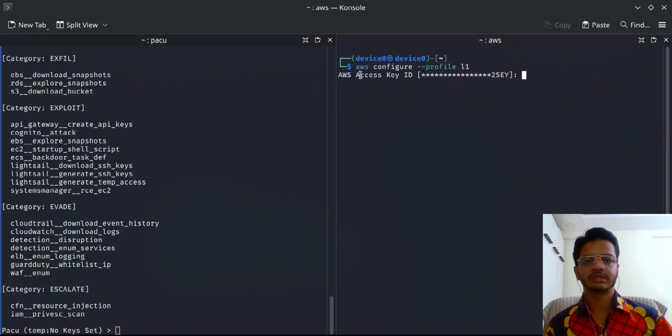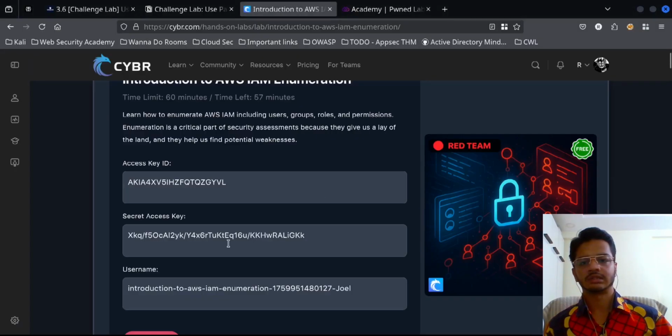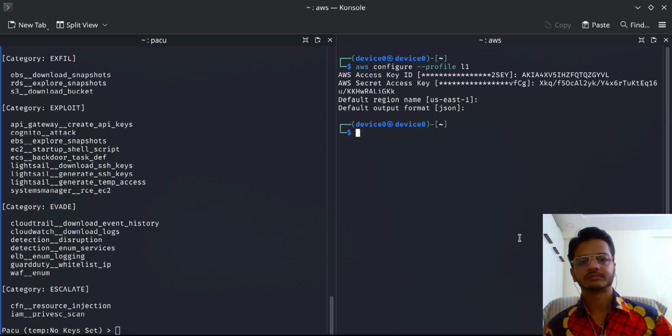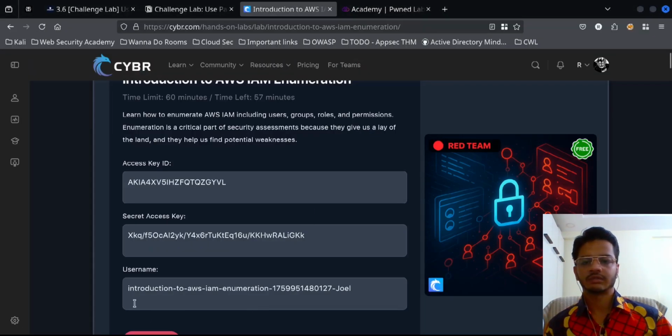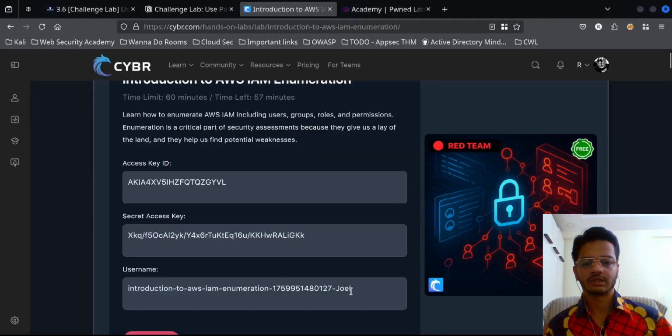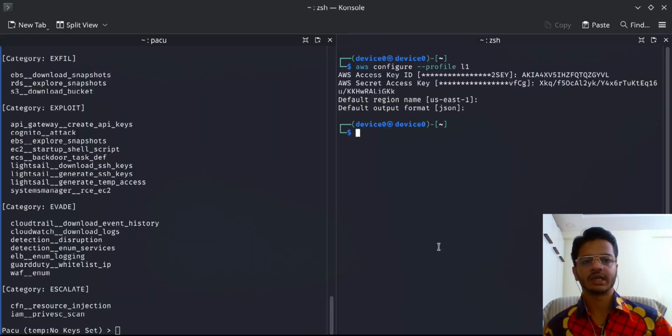The access key which it asks here, the AWS access key ID, you can just paste this here, the secret, and the region name, which is us-east-1 by default, and then the output format would be JSON to view everything that we are going to enumerate. So that being said, we have a username here, and we didn't get any field to put it into, but Joel is our user, and we can check that later on. But let me first show you